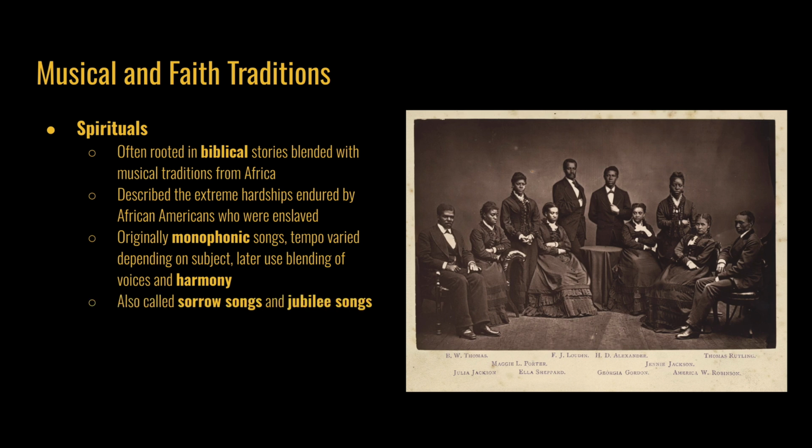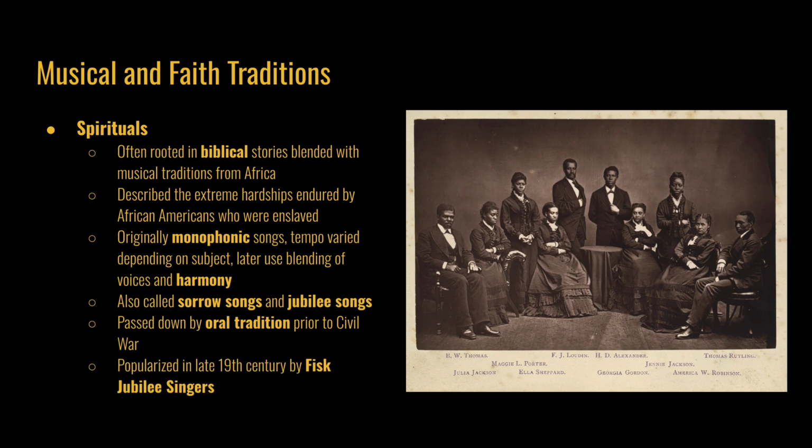The topics could be happy, hopeful, or sad, leading to the classification of songs as either sorrow songs or jubilee songs. Until the end of the Civil War, spirituals were passed down through an oral tradition, taught by elders to younger African Americans. It wasn't until after the Civil War that they were written down and published for mass consumption and preservation. In the late 19th century, the Fisk Jubilee Singers popularized this music style and toured across the country